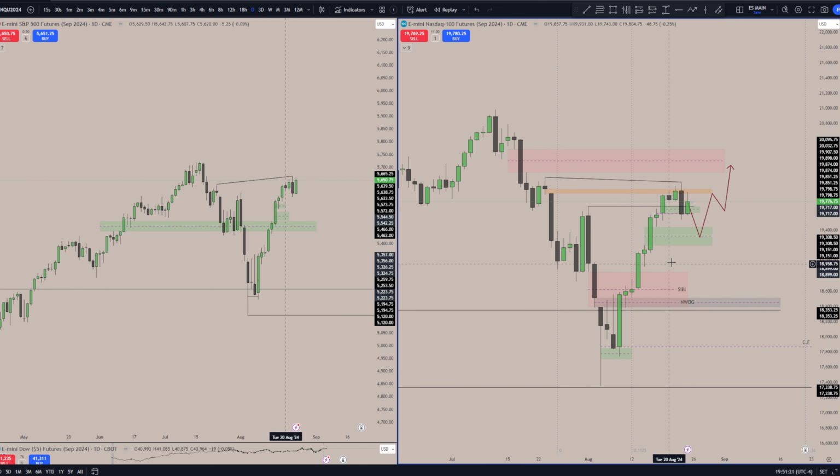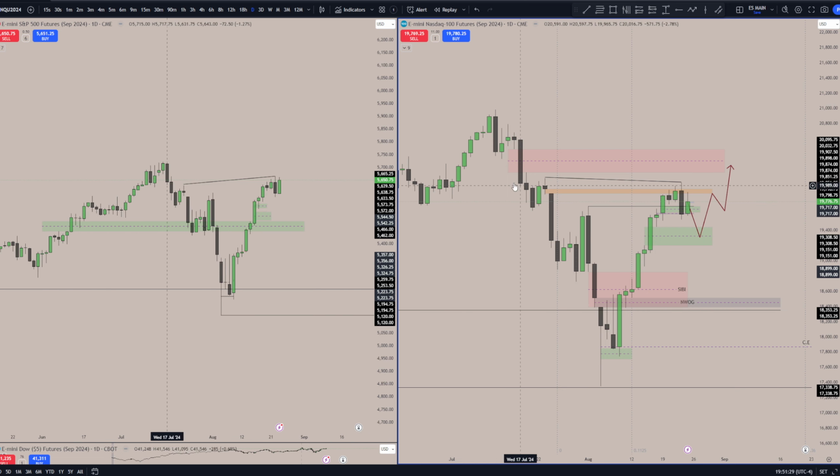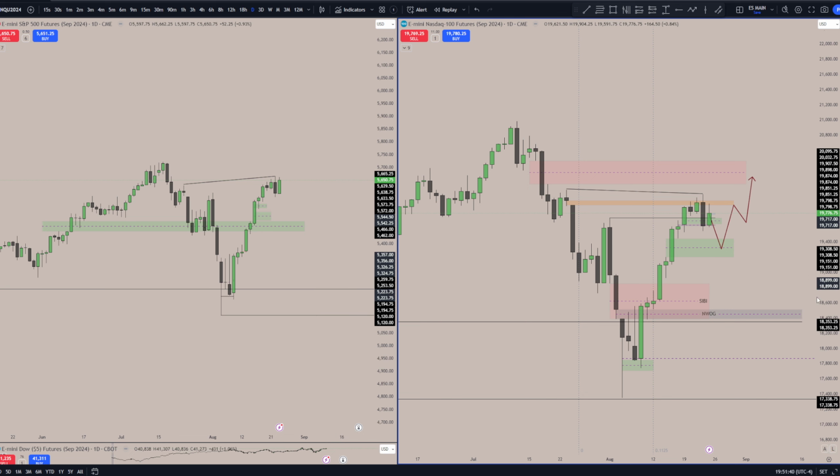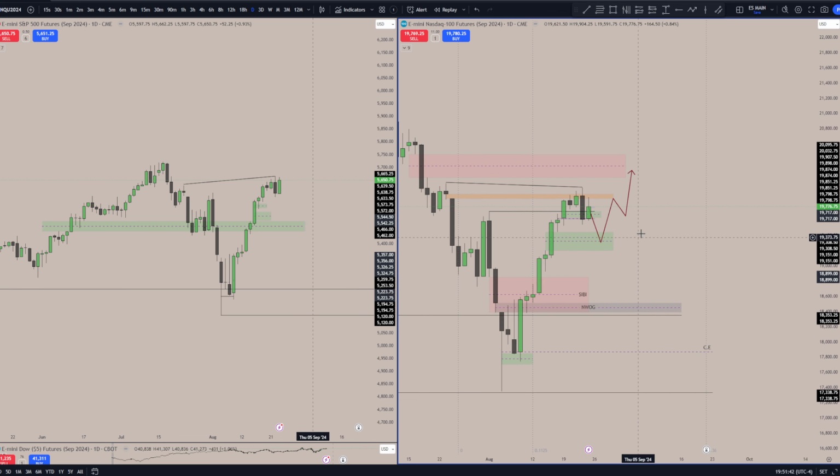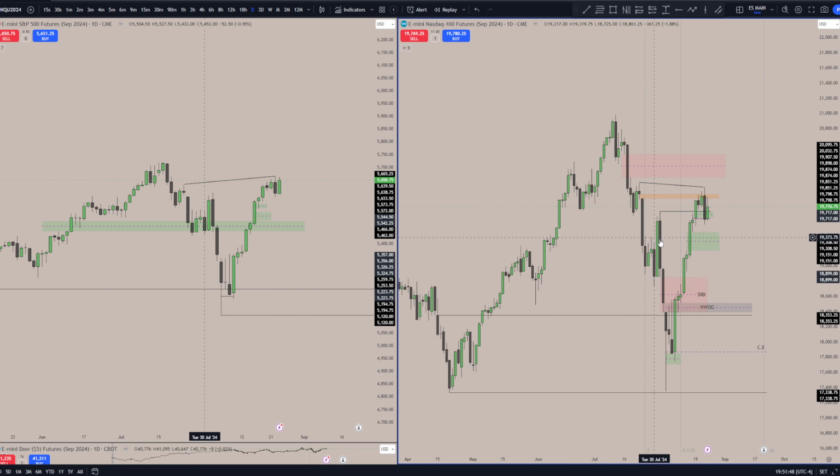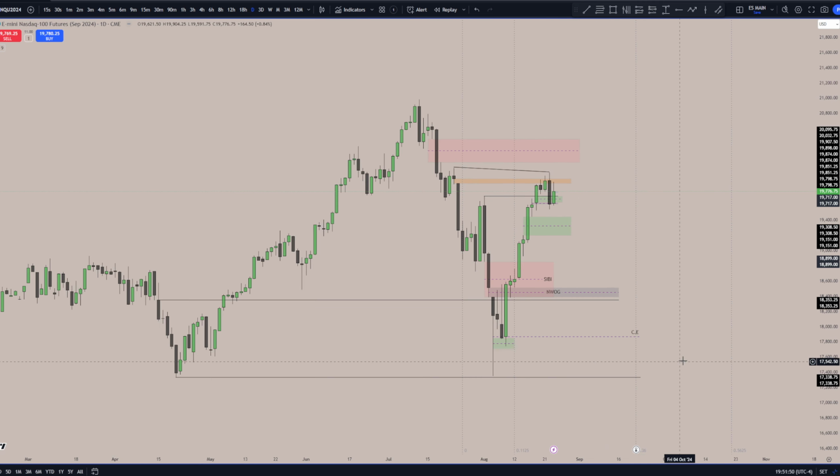Okay. On the lower time frame as well, and I'll get to it in a second, we do have relative equal lows. We have a low resistance liquidity that has been engineered, as well as this SMT that we have up here. Those are all confluences that I look at, and they're all related to each other, and of course you want to keep that in mind when you're trading on the higher time frame. One thing that I really like to do, of course, is use